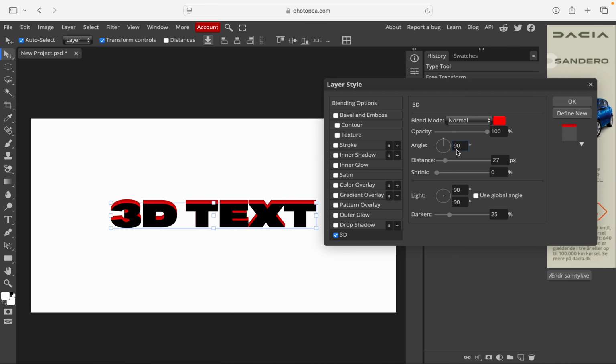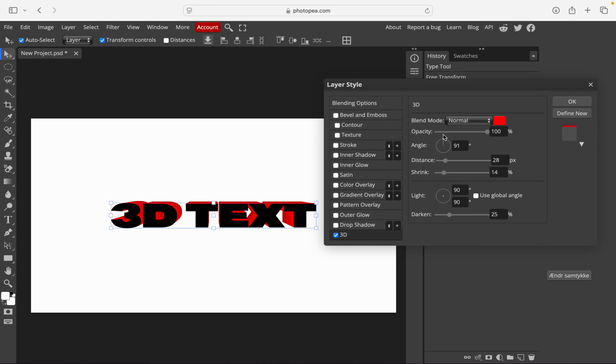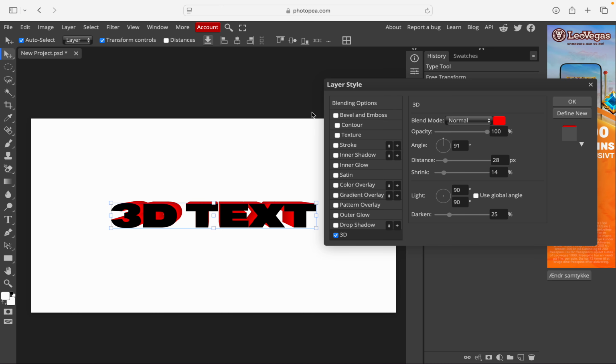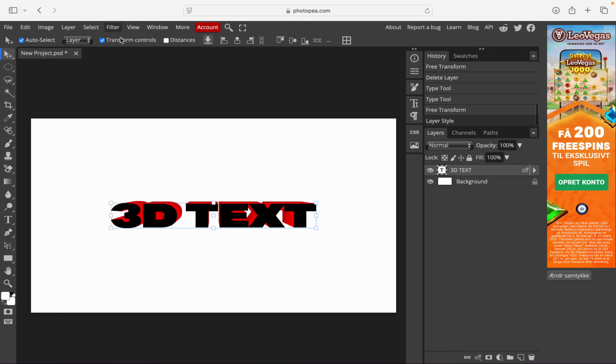We have our opacity. If we turn this all the way to 0, it's gone. We have the distance. We have the shrink. And we also have the angle of which the 3D is going. And as you can see right here, we want to, let's just go out and select